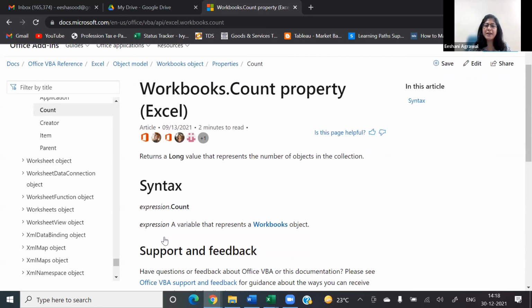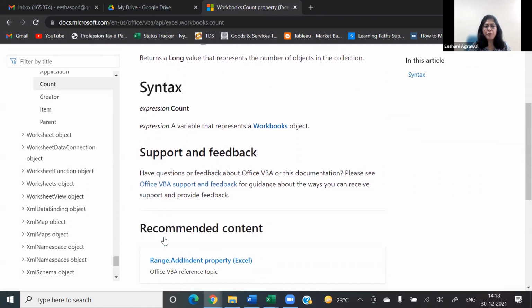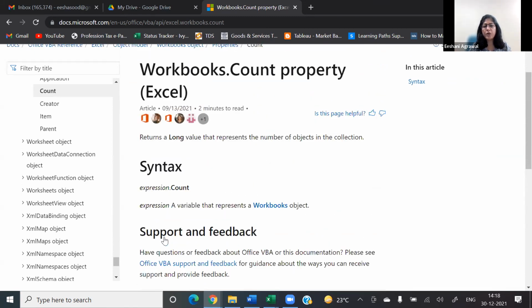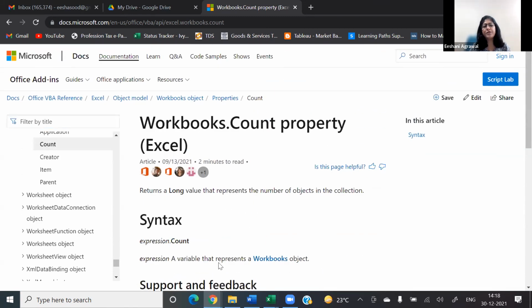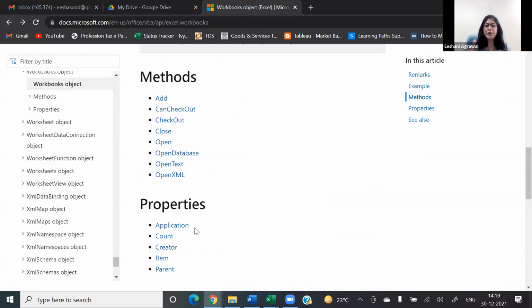So don't worry about that. I will take you through the most used ones very quickly. I just wanted to make sure you understand that this is a very good help. This is one of the best places to understand methods, properties, and objects. Once you understand how it works and how to write the basic syntax in VBA, then for any object you come across, you should be able to write it. Okay. Now,